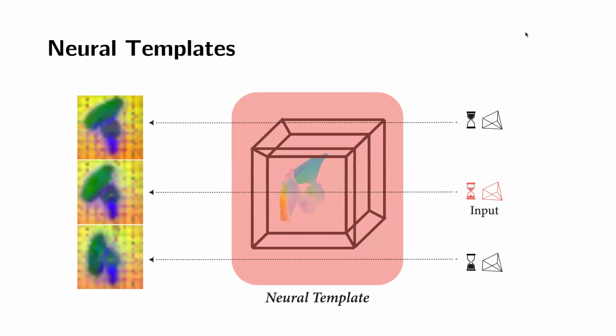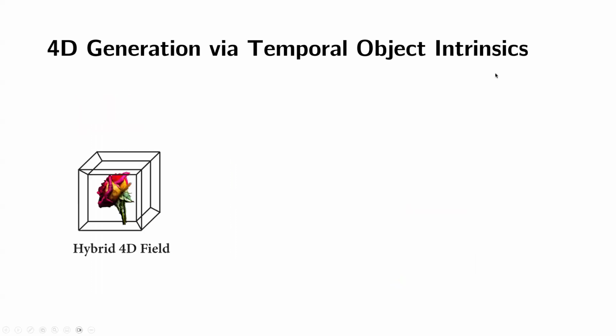So that gives you the intermediate representation that's required, and then you can use it to condition the diffusion model so that it can now generate what a rose is supposed to look like at the very beginning, in the middle, and at the end. And once you have that, now you can use score distillation sampling to distill the guidance from the video diffusion models so that you can train this thing that you really want to optimize, which is